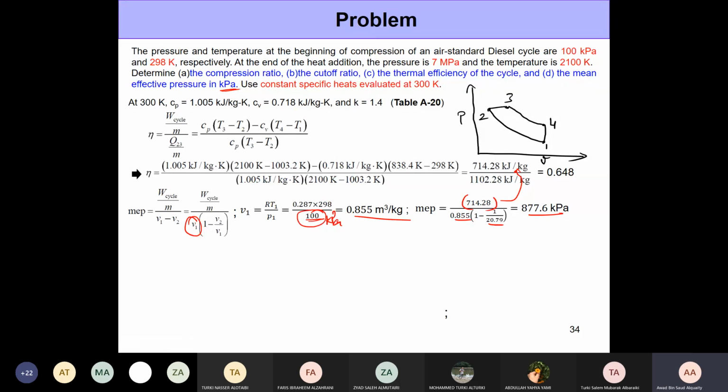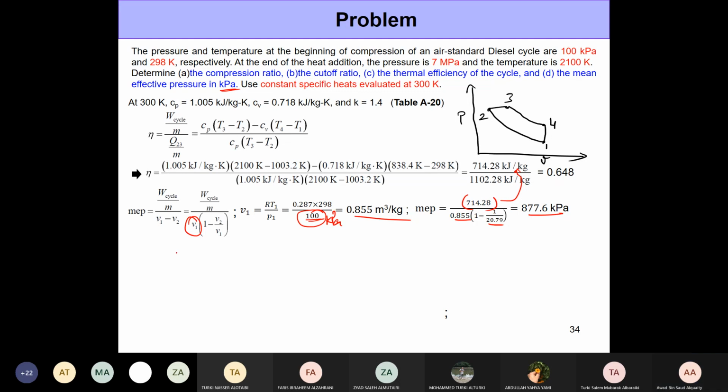Now the mean effective pressure that we are obtaining here is similar to the mean effective pressure we got in the Otto cycle. All right. So I mean, it's certainly higher, but not very high. The mean effective pressure doesn't vary so much between these different cycles. So that's it. That's this problem completed, and I hope everyone was paying attention here because this is included in the syllabus for the midterm.